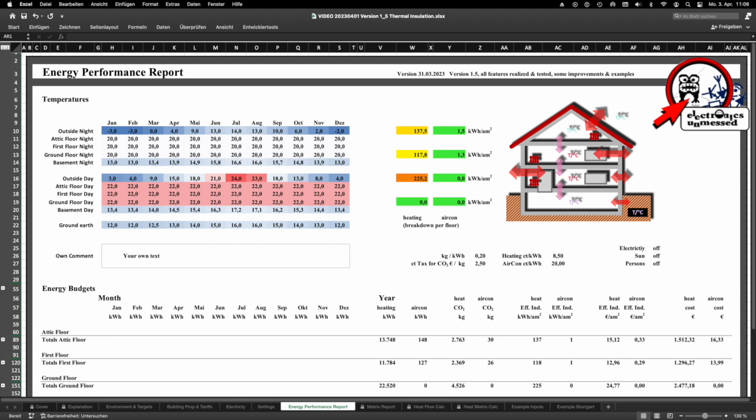There are already a number of users who have used it successfully to estimate the energy saving of house renovation measures. I presented the tool in previous videos, and I also explained the method I used to calculate the heat fluxes. I will link the two videos in the top right corner.